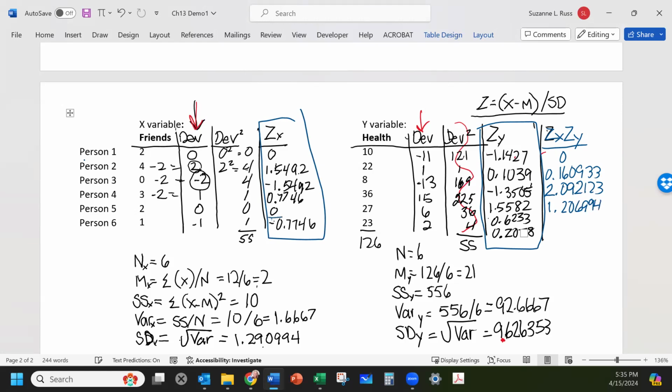Next, we have this 0 times this number, and we get 0 whenever we multiply. And we have this number times this number, and we get minus 0.16093. We add all these together to get our sum of cross products, and that equals